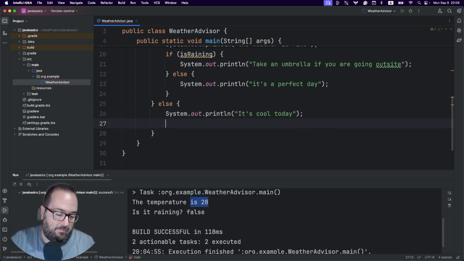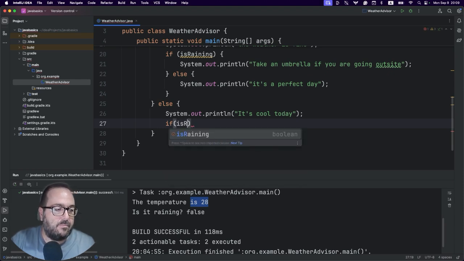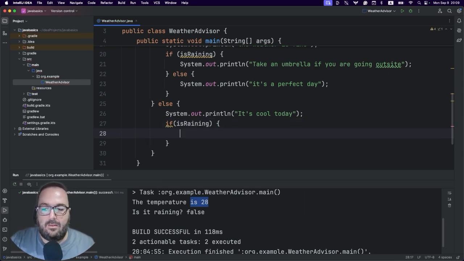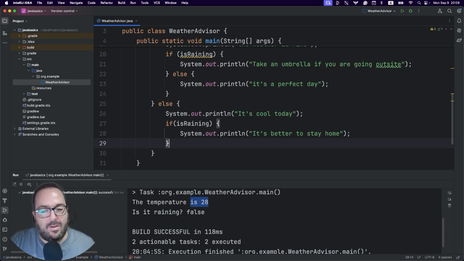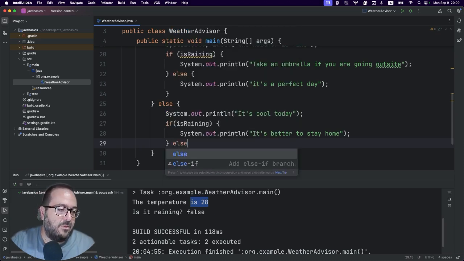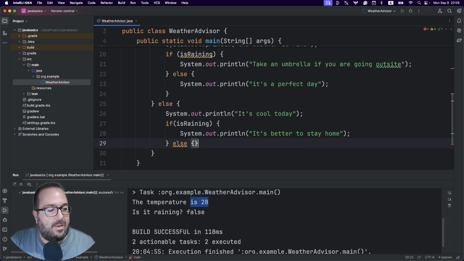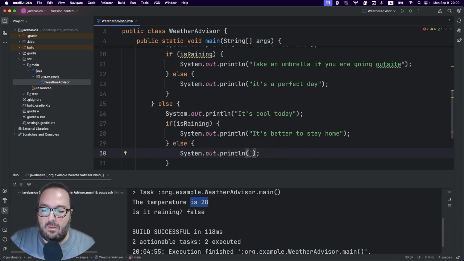We can say if it's raining, maybe here we should say it's better to stay home. Otherwise, else, curly braces again, the same thing. And if it's not raining, you can say, consider wearing a jacket.